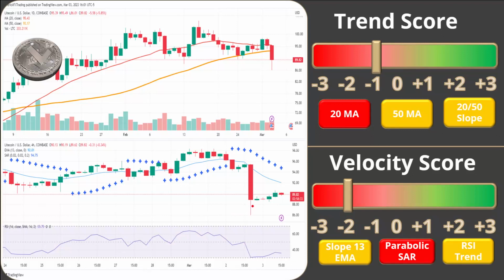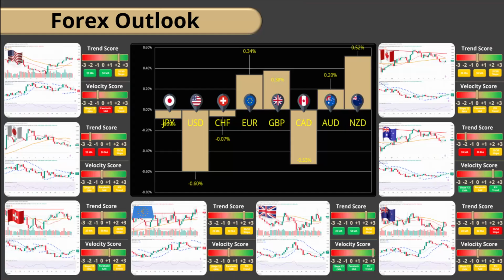We've actually come off the bottom and there's been some buyers. The only crypto that actually had 5 candles that actually moved higher after the news, I still don't want to buy it. But if I had to buy it, Litecoin is at a -1, -2, which is the best score in the crypto space. Coming over here to Forex, this is where I think the fireworks are going to be